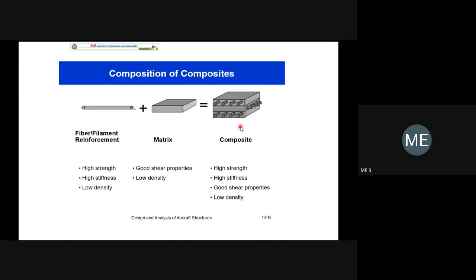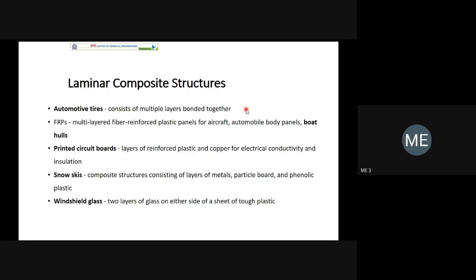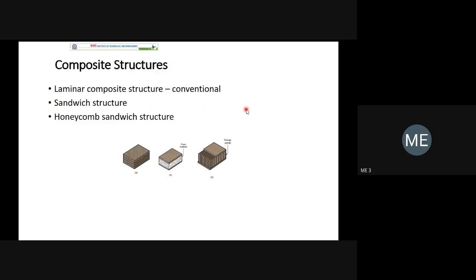Just imagine your RCC beam. It has both reinforcement material like a steel rod and matrix material like cement. There is one more type of composite that is referred to as laminar composite. Especially it is used in the aerospace industry. The topmost material is a different material, and the bottommost material is also a different material. Those are referred to as sandwich panel. In between is filled with some metallic foam or polymer foam.